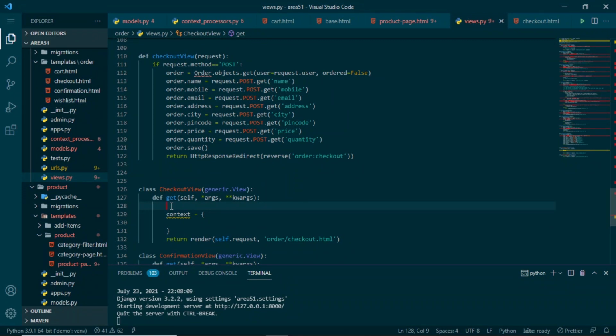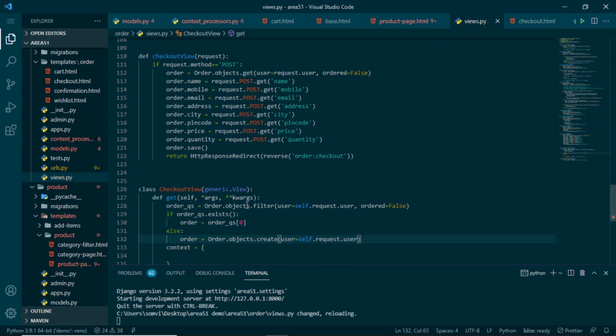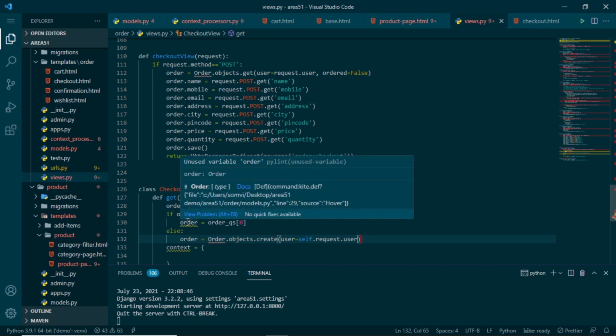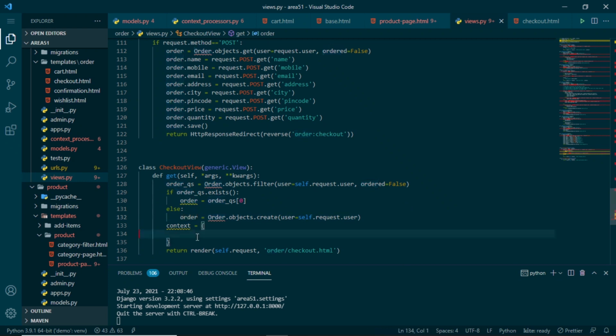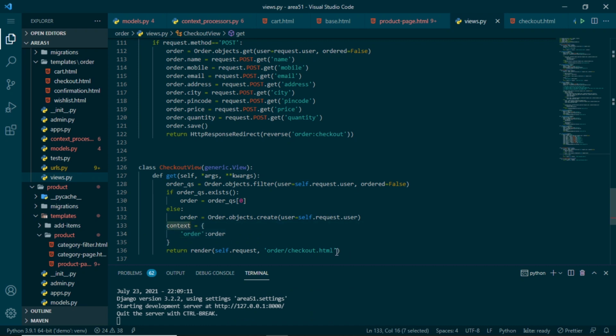Again here we will be using the same logic that we have used in many other views, that is this one. We will get a query set using filter. If this query set is available, we will take out the first order item in this. This will be the order object that we can pass into our context. Otherwise we will create a new order object. Now we can pass this order into our context, that will be order, the value will be order, and we can pass this context to our render.